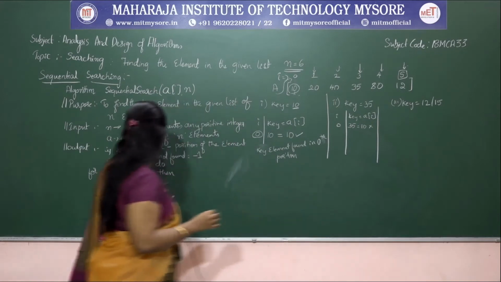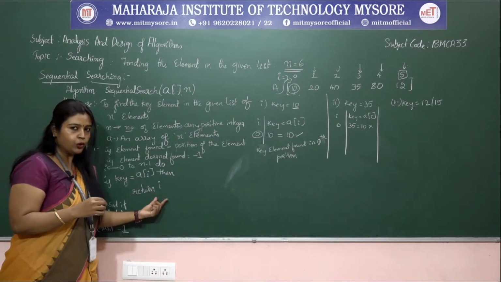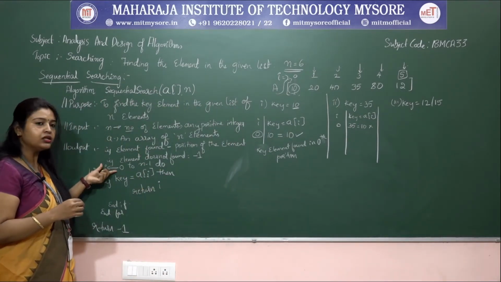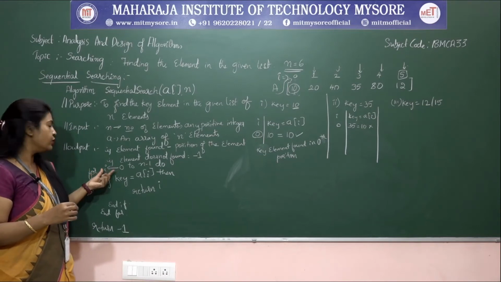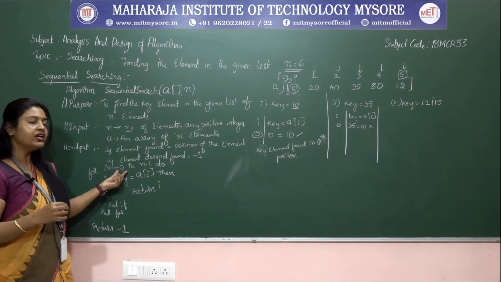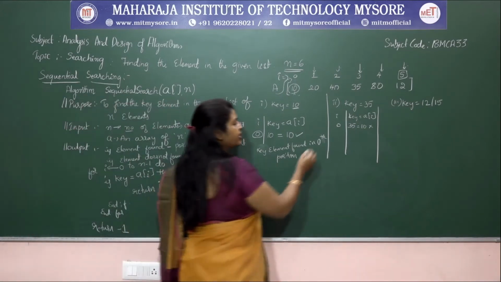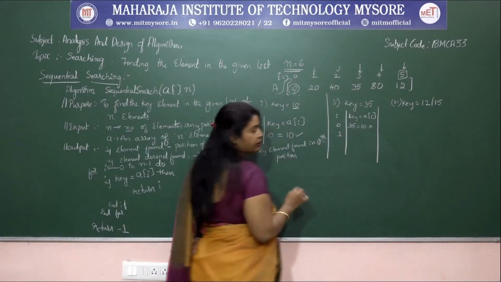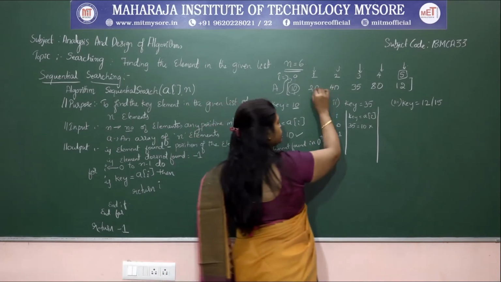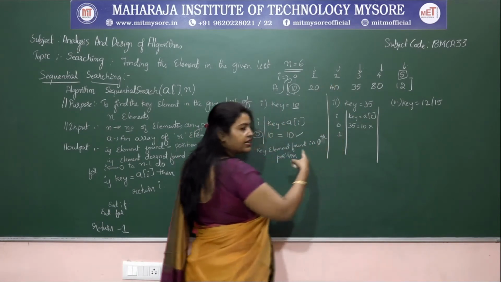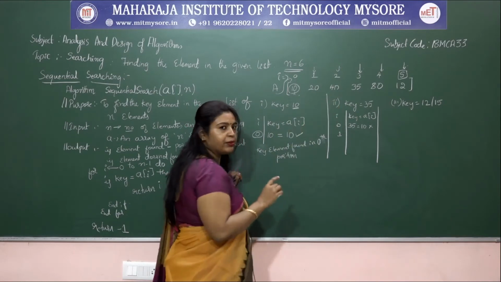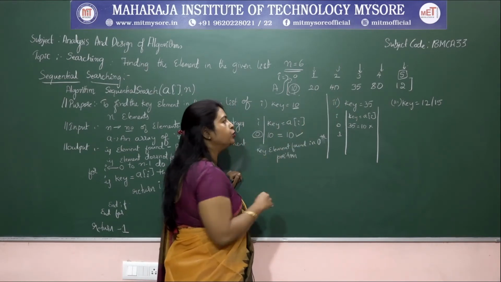If it is false, are you going to return I? No, right? Instead of that, the control comes back to the for loop. In the for loop, 0 is over. Next is what? I plus plus. That is, I gets incremented. I is now 1, right? Is it lesser than n? So many elements are there, right? So we need to continue that.